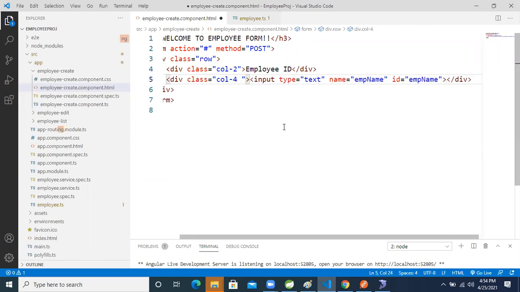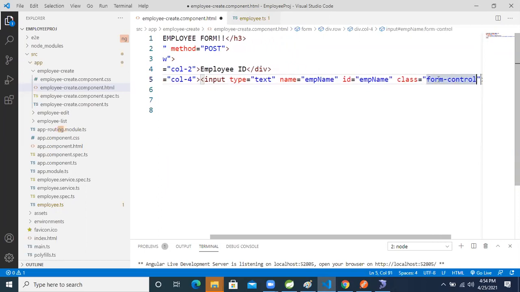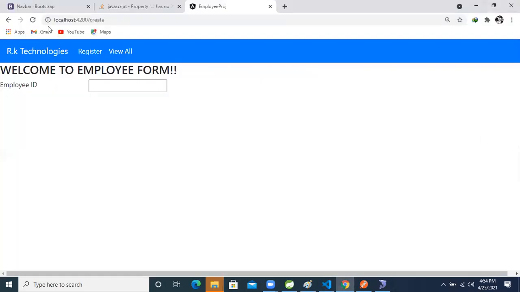Inside the input, use the class form-control. Just come to the browser, refresh your browser. See, a little bit of graphical things is coming, right? Our input is a little bit different now, it looks good.